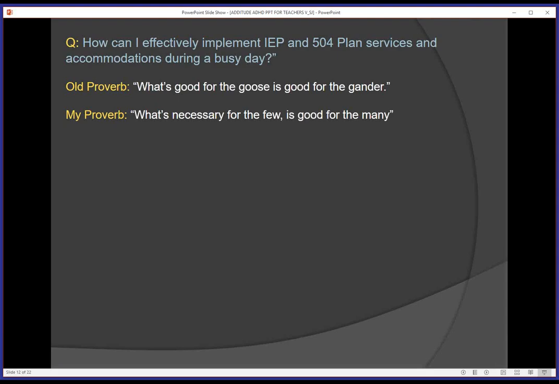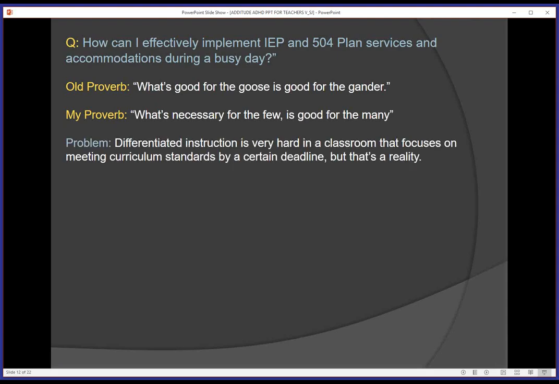So if you're implementing the goals and objectives and the strategies called for or mandated in an IEP or a 504 plan, they will certainly help the few kids who need these specifically, but they're going to do no harm for the other kids. So I think the answer to how to effectively manage and implement these services is to try to weave them naturally into the delivery of instruction that you're doing anyway, to blend them into it so they're there, and you could substantiate the fact that you're living up to the promise of the IEP or the 504 plan, but you're doing it in a way that's not so obvious to the outside onlooker,